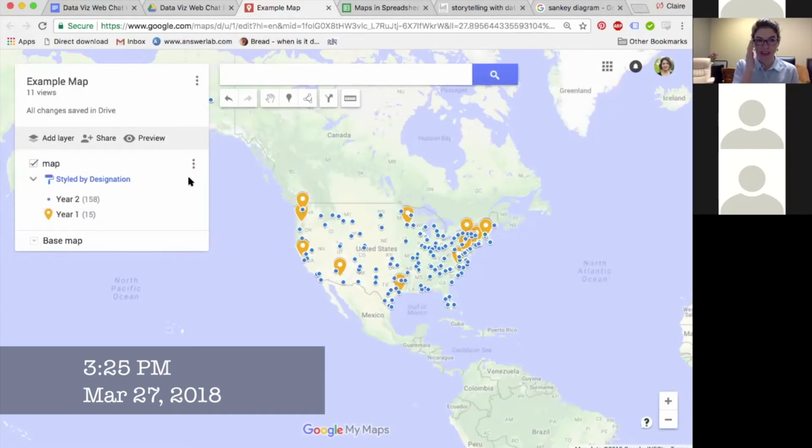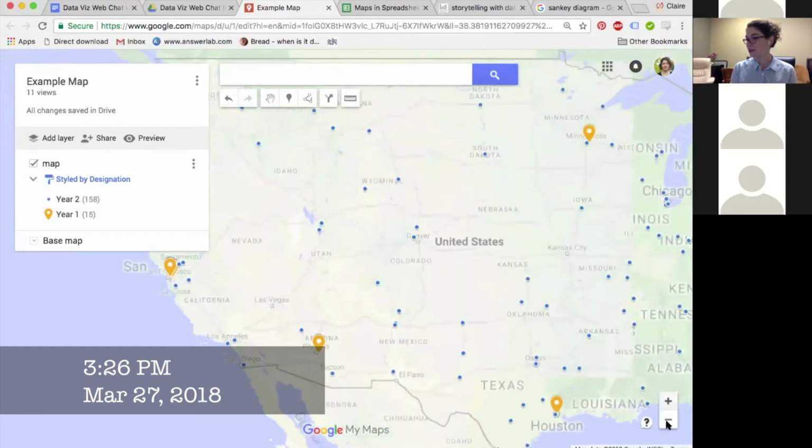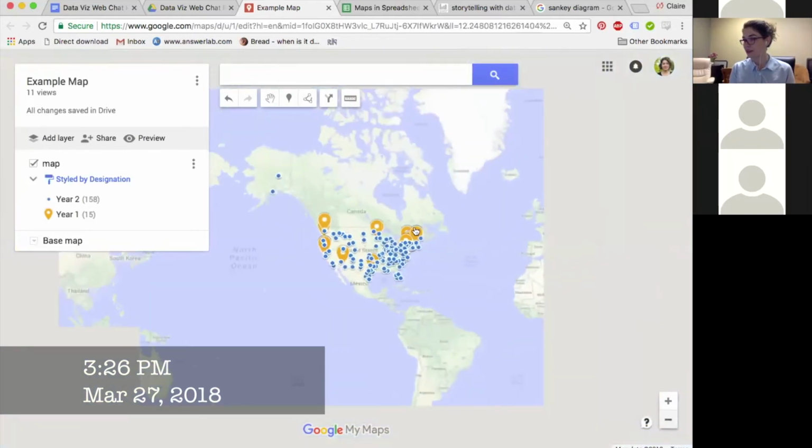I won't go into all that today. I don't have a tutorial to share, but if you Google it, it's not too hard to find. I can probably locate one later and share that. But my beef with Google Maps is that I haven't found an easy way to display my data labels. It might be there, I just don't know how. And I don't like that I can't control the zoom so well. There's only certain zooms you can use. And then for Hawaii and Alaska, should I have sites up there, which I do,